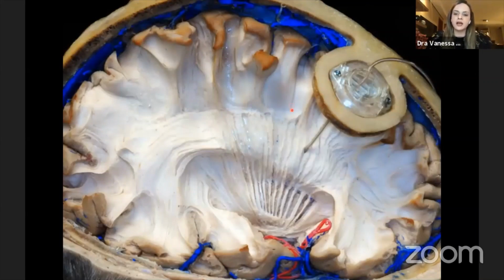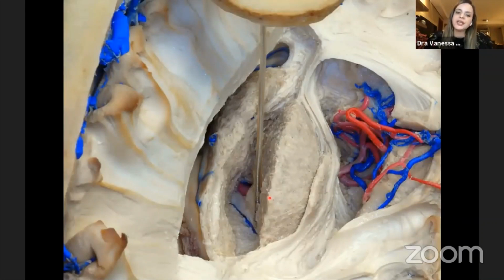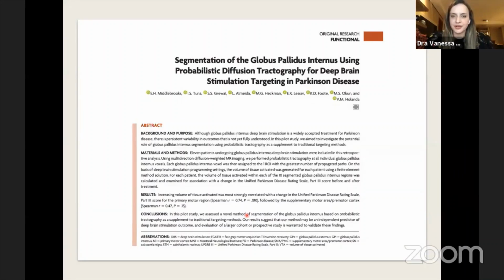And then we are going deeper, and then we have corona radiata, and then putamen, and then GPE, GPI, and the optic tract deep there, okay? So, and then I mentioned that we have those connections to GPI. So, and why is that important? What is that helping us